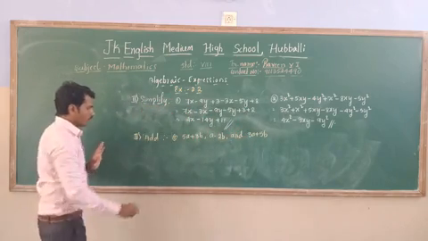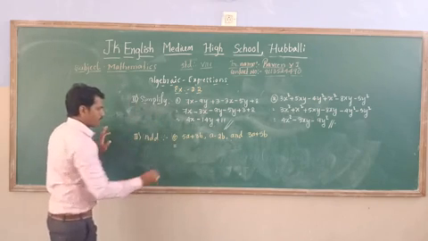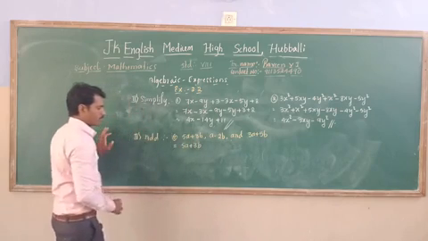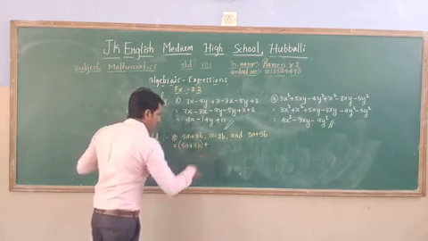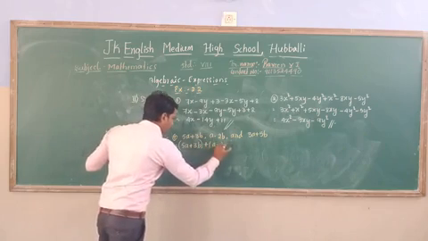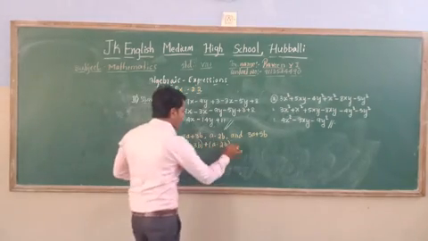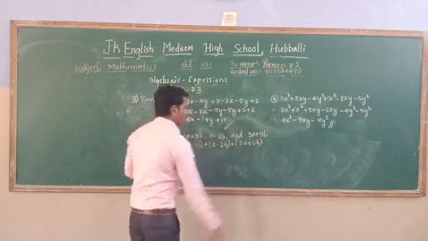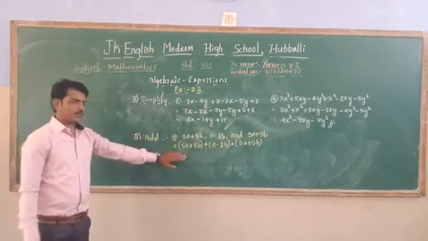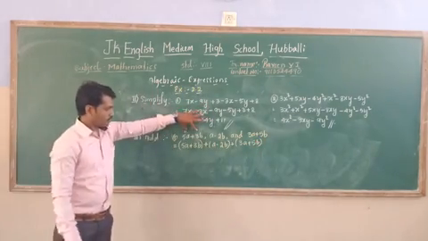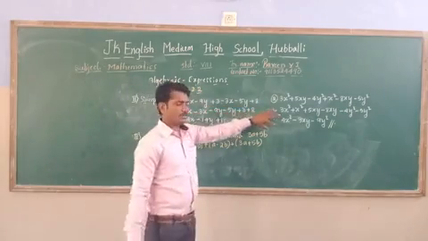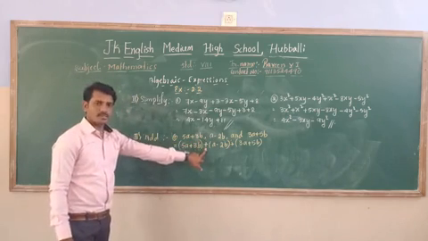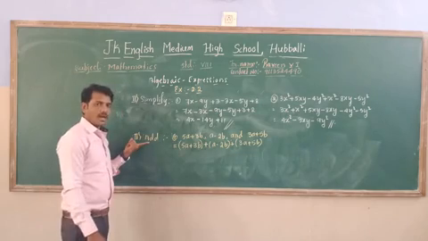Next, what will we do? Step number 1. 5a plus 3b. So make one bracket, plus a minus 2b, plus 3a plus 5b. Why are we taking the brackets? Easily we come to know what is the first side, what is the second side, and finally what is the third side. So instead of a comma, we just take the plus sign because he only said add.